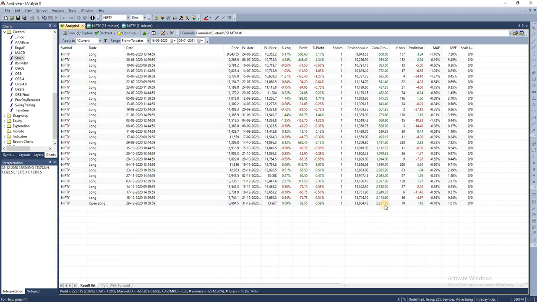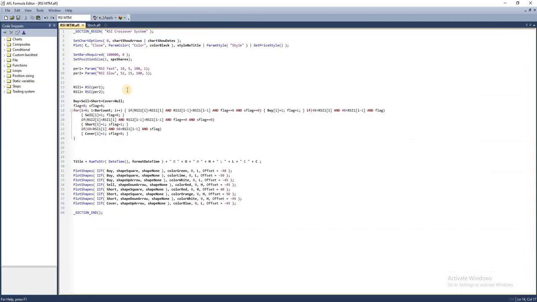So do give this a try and let us know in case of any issues. And if you want to play around this strategy, you can definitely do that by using various parameters for the RSI. Also, you can change the conditions on how to exit the trade. So this brings us to the end of today's episode.